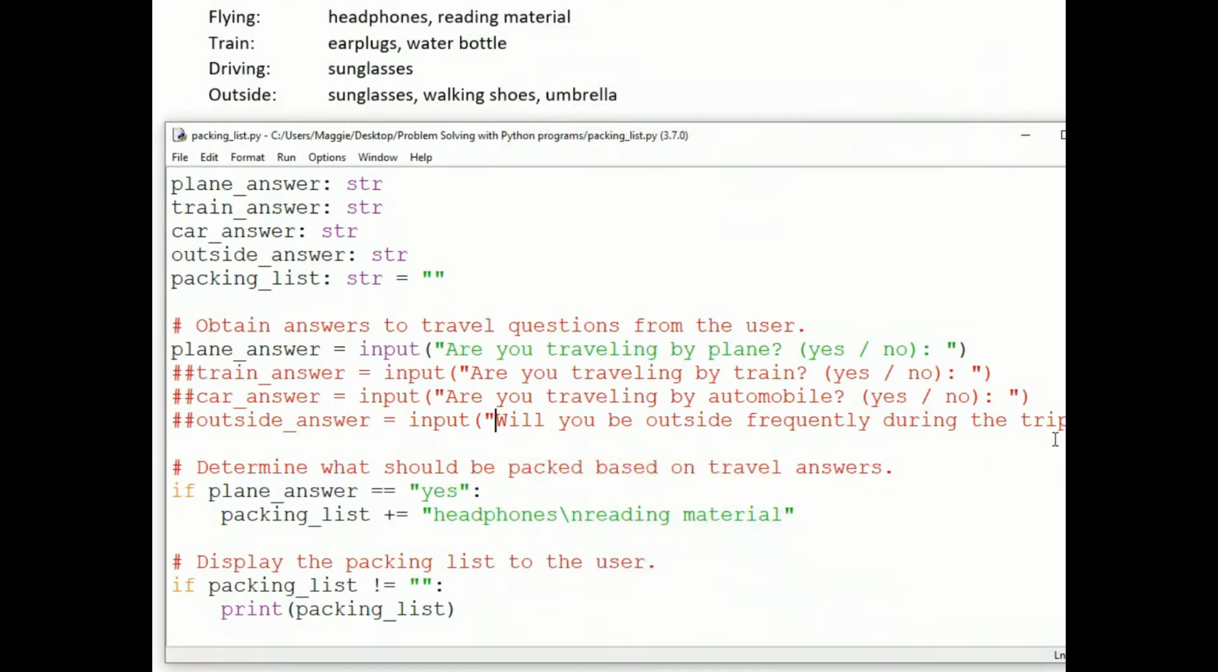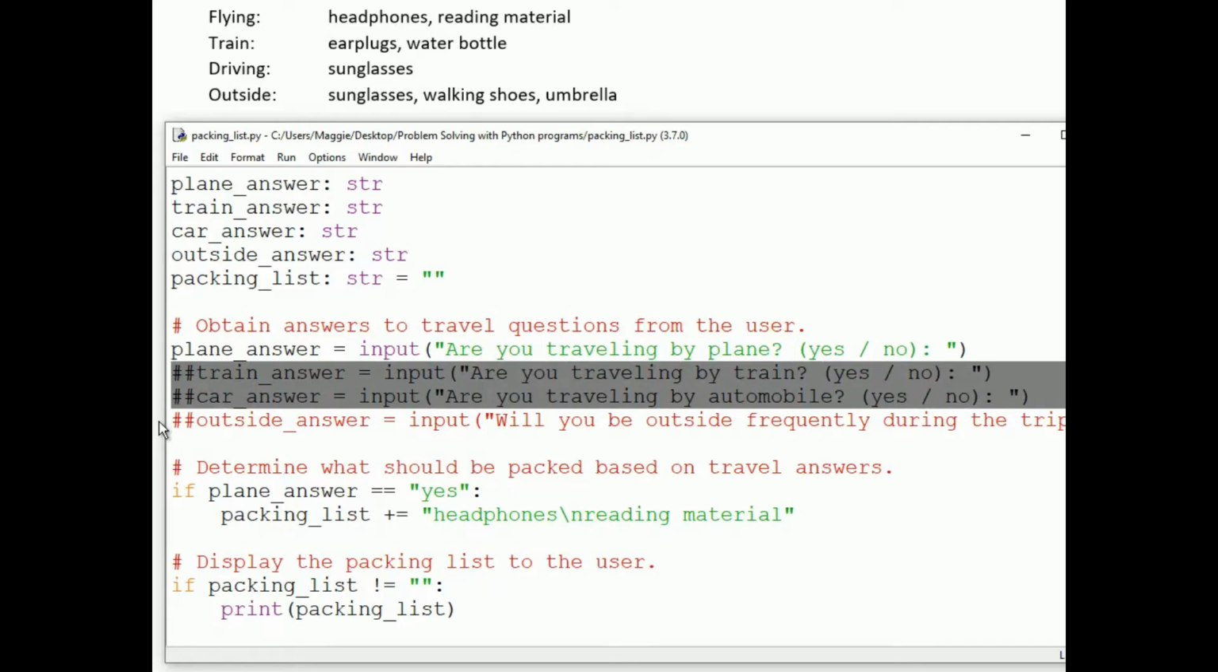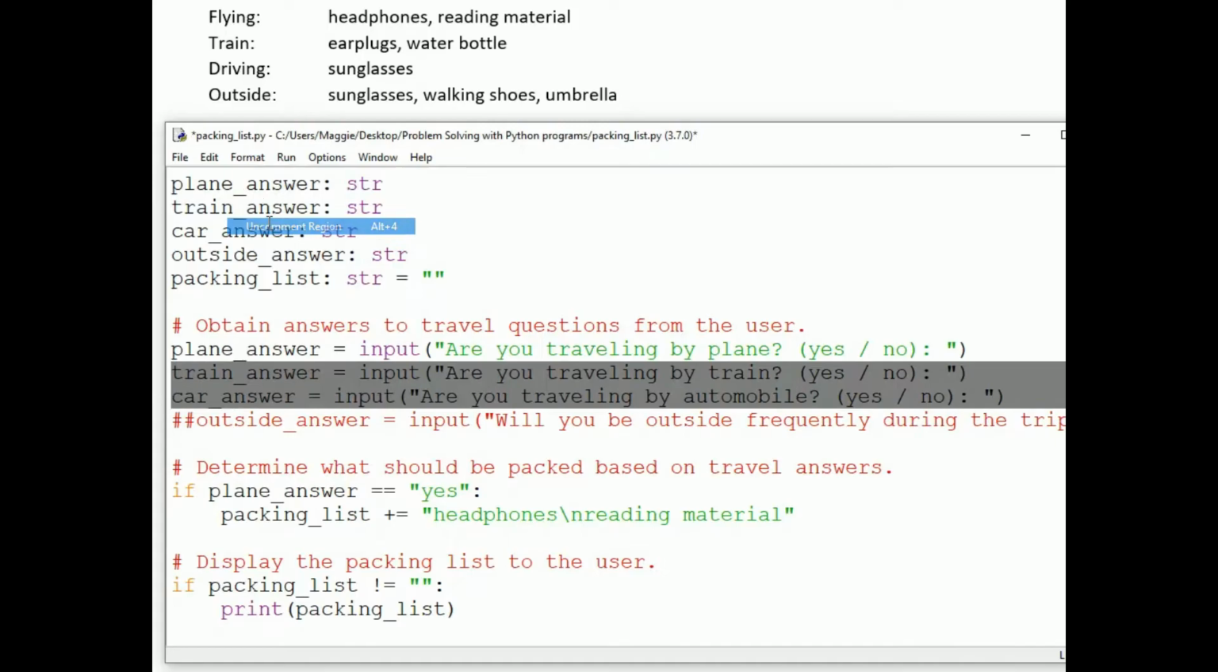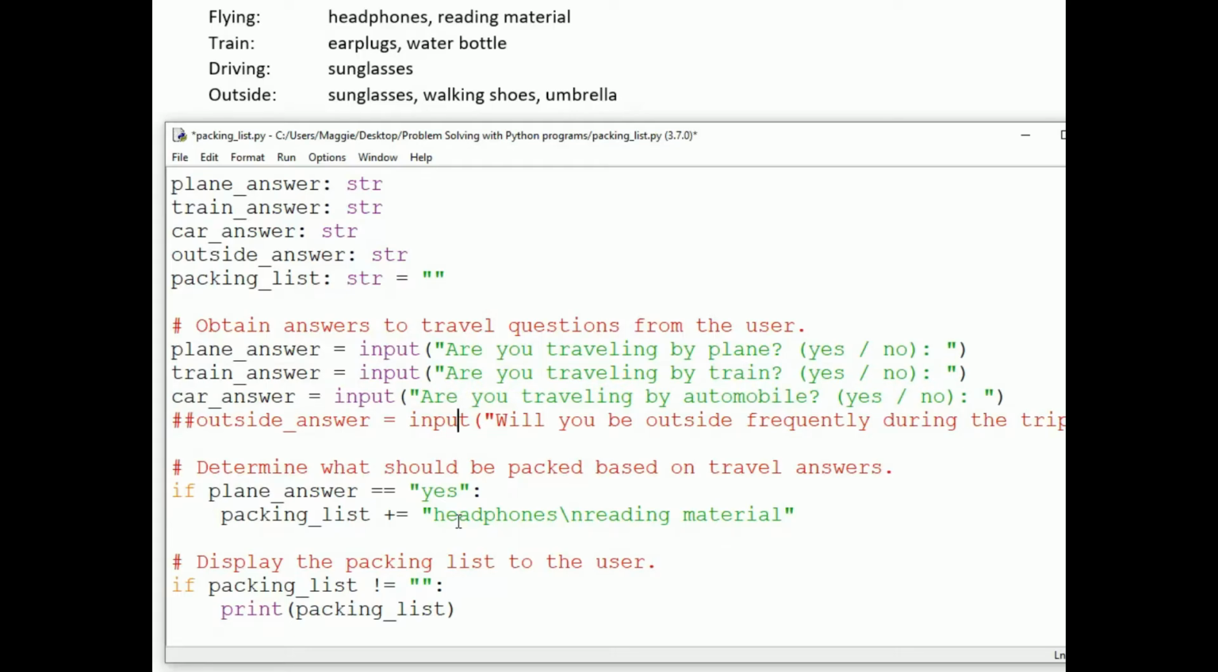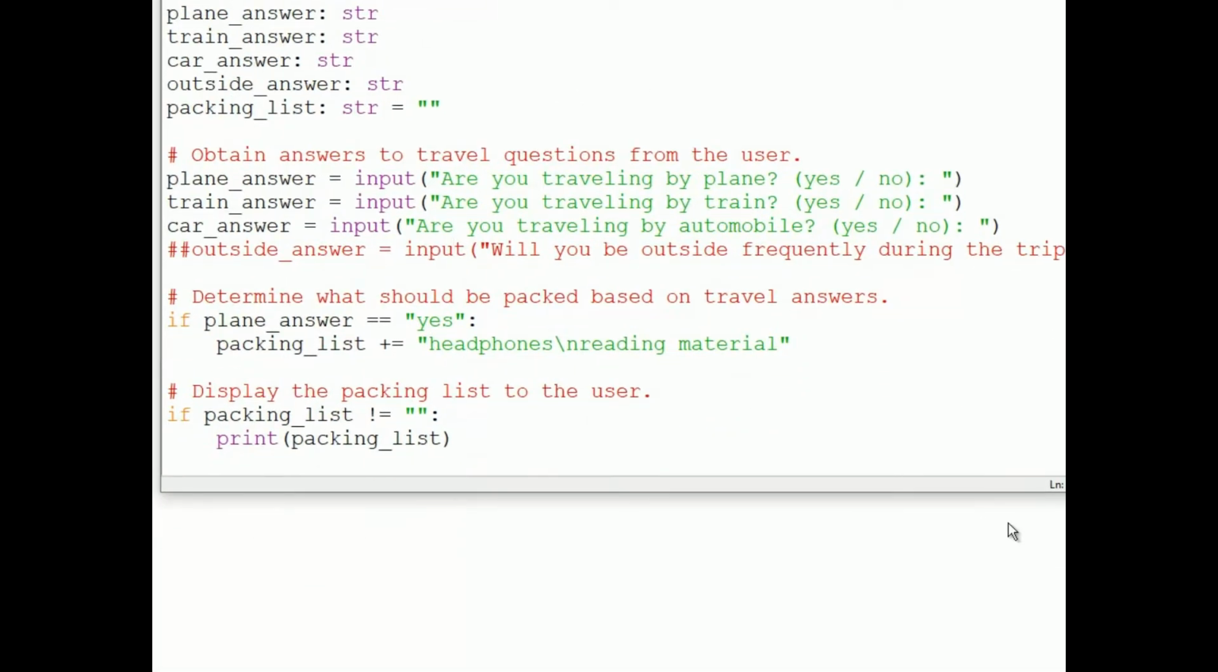Okay, were you able to add that code? Did you test it? Remember that you can pause the video at any time, so if you ever aren't able to write working code and I start to write code and it gives you an idea, pause the video and see if you can complete the step. So I'm going to uncomment the train and car questions by selecting them and choosing uncomment region from the format menu. So I will have values in the variables train answer and car answer, and then in the section where I'm determining what should be packed,